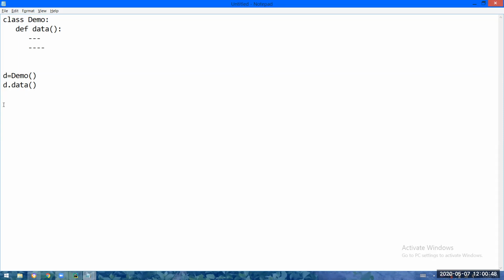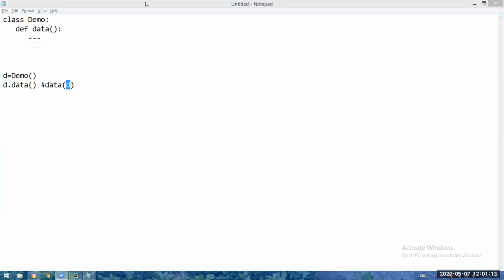Okay. See, one important point I'm telling you. This instruction is converted, Python will convert your instruction into this. With whatever object you are calling the definition, that object will be sent as a default parameter to the definition.